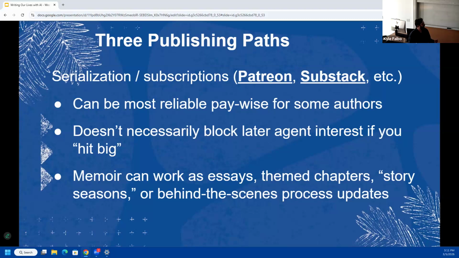These can be the most reliable pay-wise for some authors, because generally the fees for using these services are much smaller as opposed to the traditional publication routes, which take the lion's share of the actual sales price.